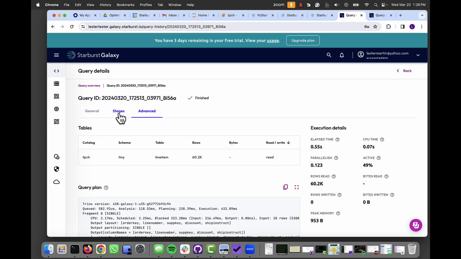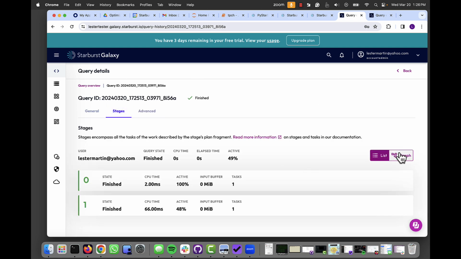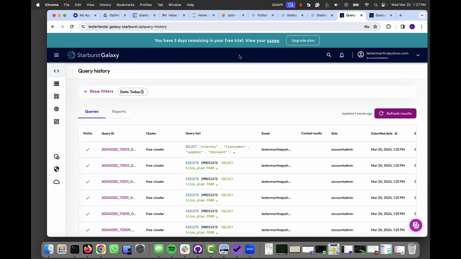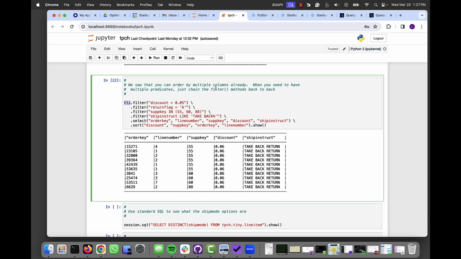And for those that have played around and know about this, you could also look at the graph and say, good, I don't see that we're doing a whole bunch of stages to loop through, and loop through. So absolutely, that would be bad if we did that. All right, let's look back at the TPC. All right, so filtering is a pretty normal concept. When do you